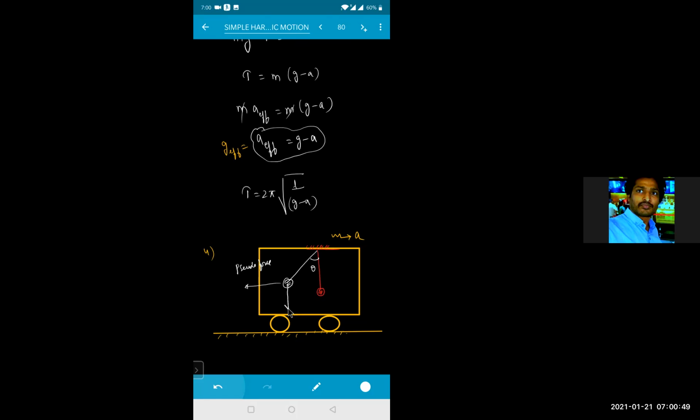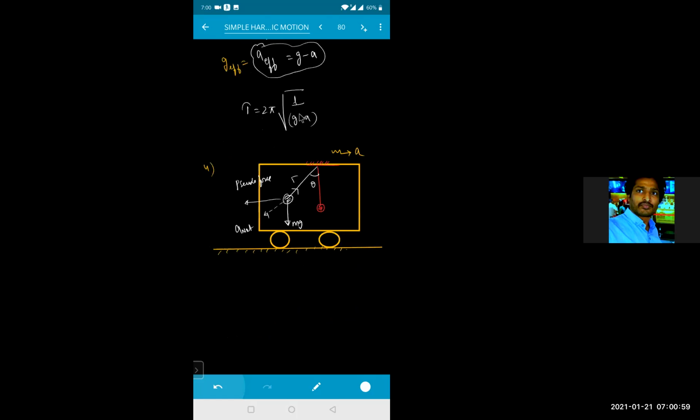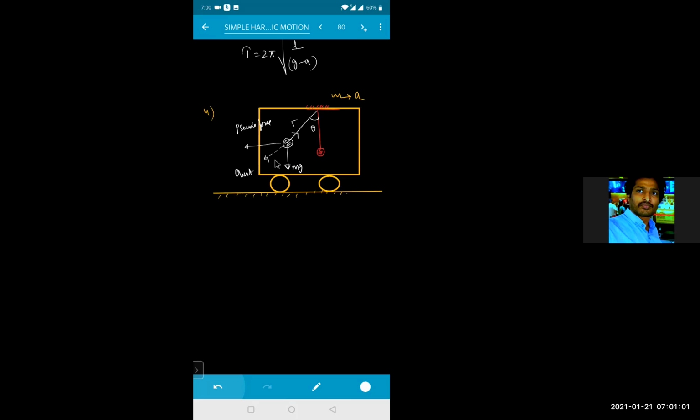The force acting on the body is nothing but the weight of the body in the downward direction. So there is a tension T here, and there will be a net acceleration for this. So A net is in this direction. So pseudo force will be equal to how much? Now I can write here, this is your A net. Here pseudo force will be equal to M into A, and here M into A net.